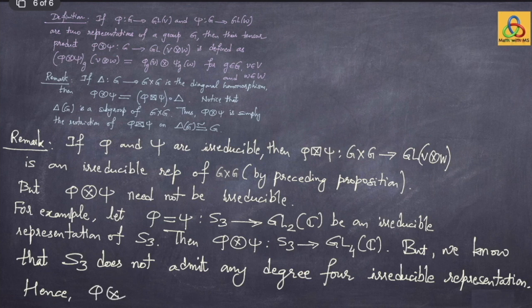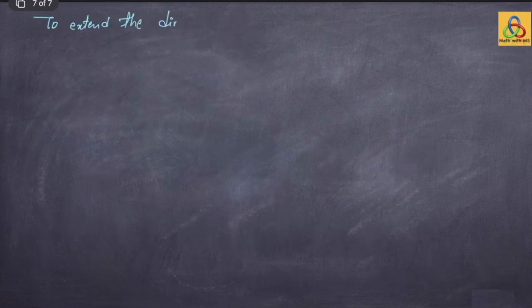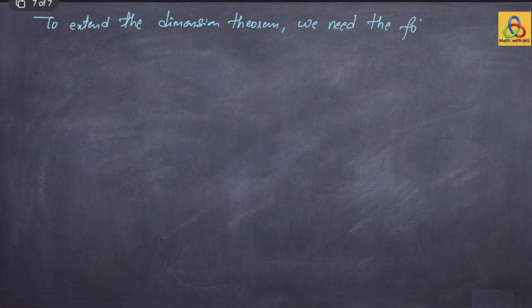Okay. So thus the tensor product of two irreducible representations need not be irreducible in general. However, if we take the tensor product of an irreducible representation with a degree 1 representation, then it is irreducible. So let us now try to extend the dimension theorem, which we proved in an earlier lecture, which says that